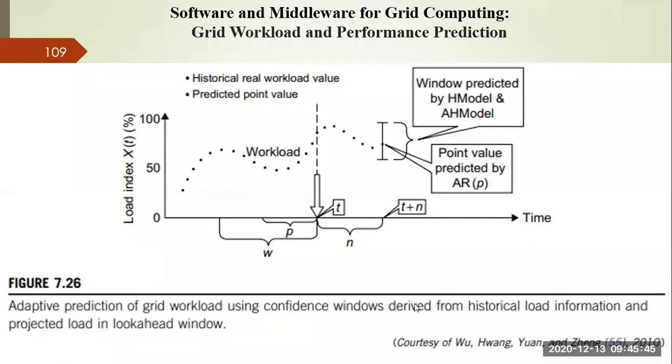So you can see here the current time is t. So you are going from t to t plus n. Initially your present is x of t and you are predicting for x of t plus n using all the loads in a historical interval. You are taking a historical interval, that is, for let's say w amount of time you are observing. Based upon that you are predicting up to x of t plus n. So that is nothing but a look-ahead kind of thing.